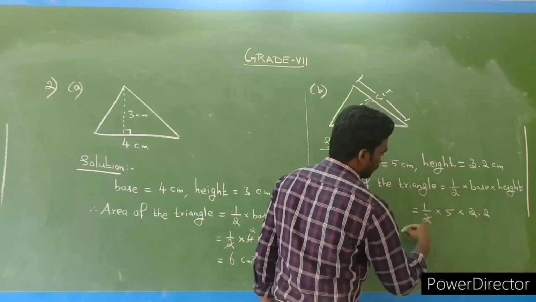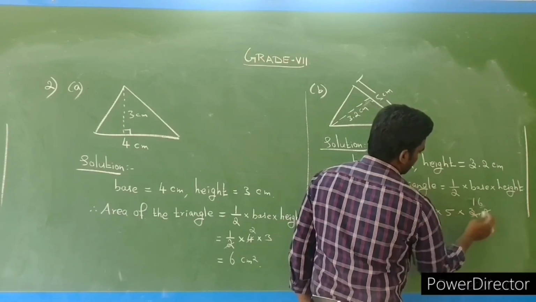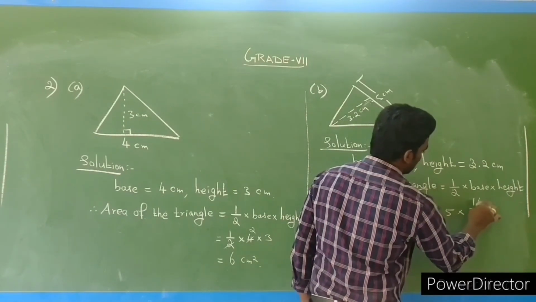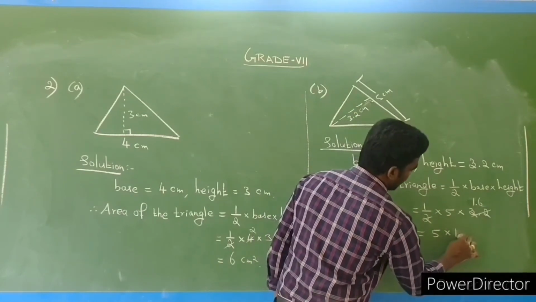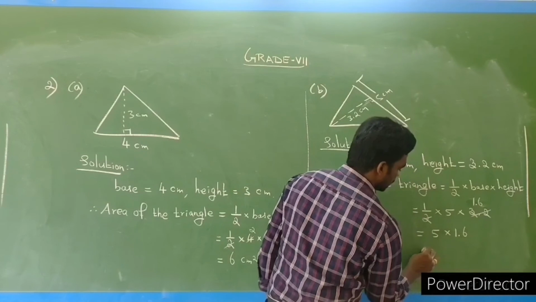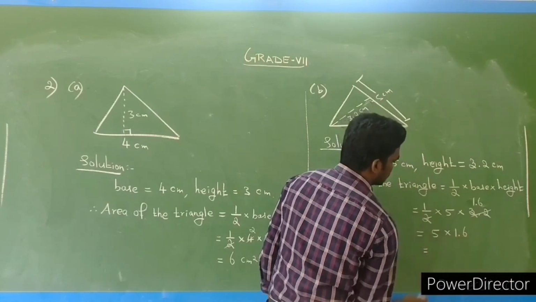So here 1 2s are 2, 16 2s are 32. So the value is 1.6, which is equal to 5 into 1.6,